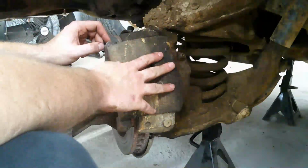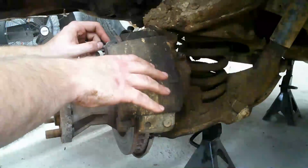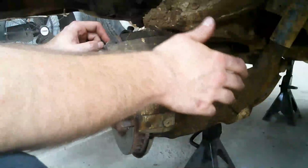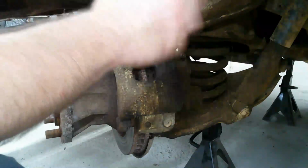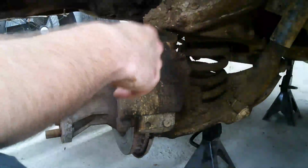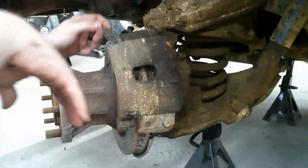Now I know that's not the case on this one, because if I go out and start to drive it and step on the brakes, they work good, but then I go to take off again and they're locked up and they just drag the tires. But then I let it sit for a little while, and I can put it in gear and it'll drive off again just fine without dragging the brakes. So that tells me that